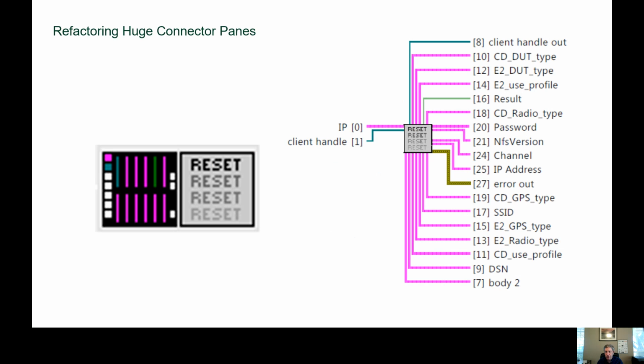I see this kind of code too. This is also something that can be difficult to refactor because it may seem like, well, I could use any or all of those outputs from that sub VI, so they all need to be there just in case. This is the type of refactor that I think makes the most sense to do with LabVIEW classes, because if we were to replace that, what I assume the IP is a cluster or something along those lines, if we're